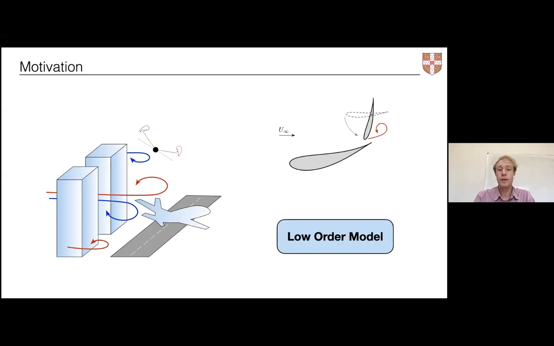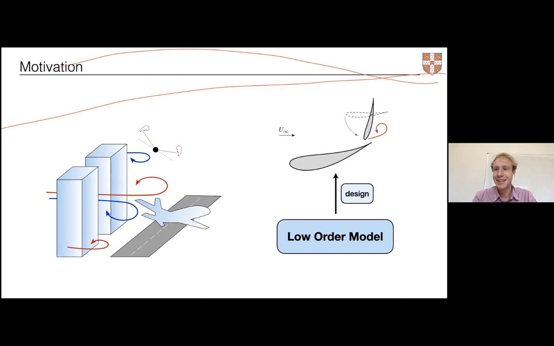And one way of doing this is using low order models. So here, rather than solving the full-on Stokes equations, which I suppose we can simulate, but that takes, depending on what you do, ages. So it's not feasible, not practical. We want to really reduce the most important physics, or narrow down what the most important physics are, and only model these using very, very simple equations, ideally, so that we could within a split second compute what the forces are. And if we could do that, then we could,